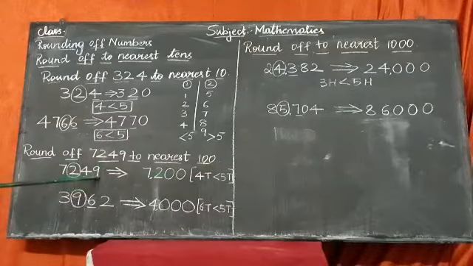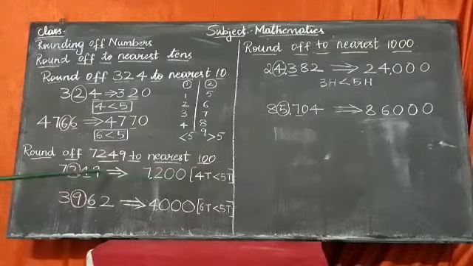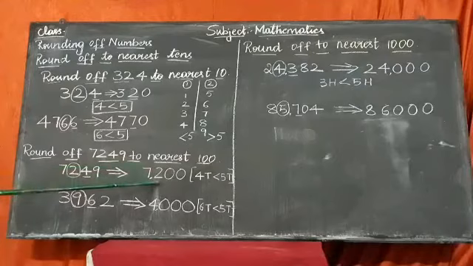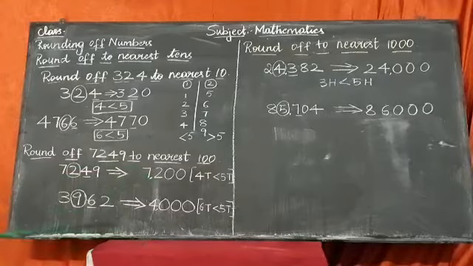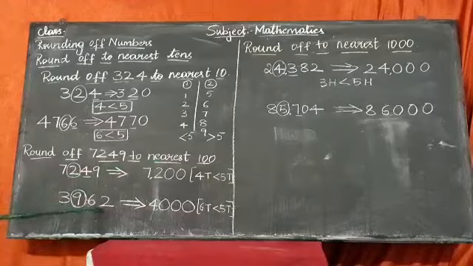So here the ones digit will become 0. Tens digit, lesser than 5, also becomes 0. 2 remains the same, and 7. We got the number 7,200. Now, next number, the same 4 digit number I am taking. I am rounding off to hundreds place. Here it is 3,962. Compare which place? Yes, tens place.